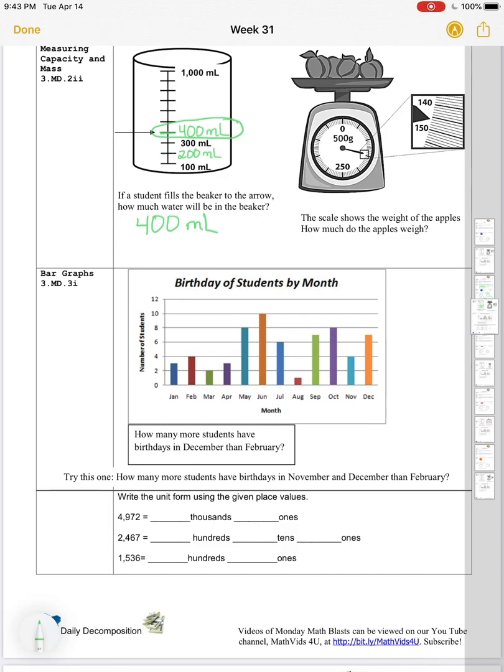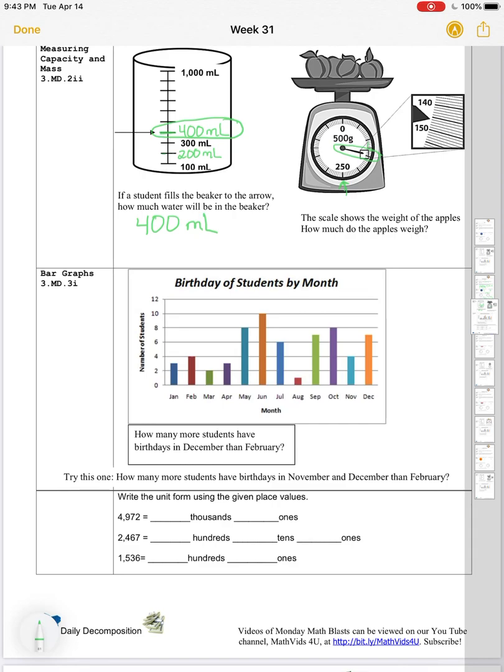The scale shows the weight of the apples. How much do the apples weigh? So notice that the scale is in grams, and at the top of our scale we have 0 grams, and halfway around the scale we're at 250 grams here, and as we continue, a whole rotation on the scale would be 500 grams. Now the arrow is pointing here,